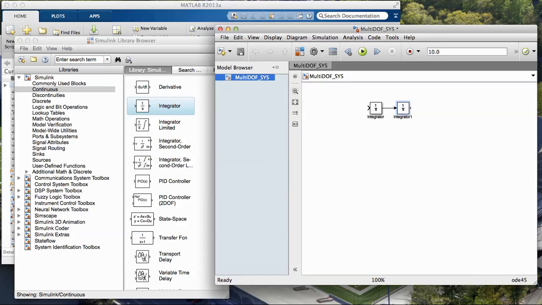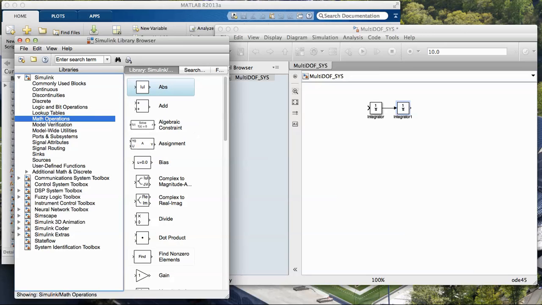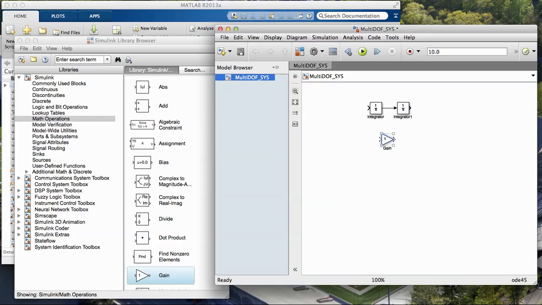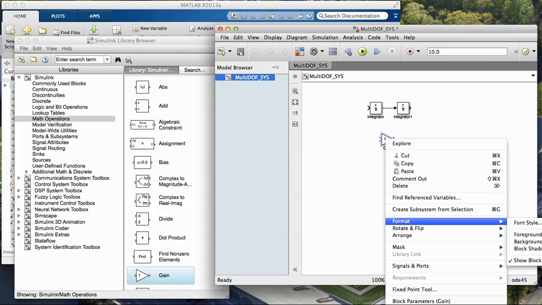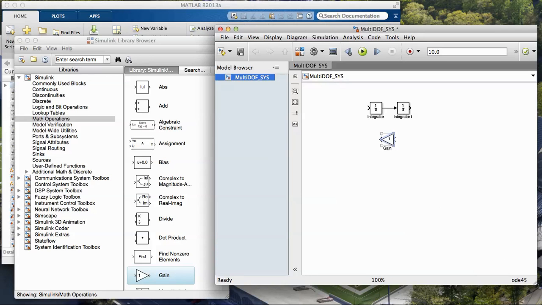And let's go ahead and get some math operators here. Let's get a gains. And we're going to need to flip this. And we're actually going to need 4 of these. Okay. So there's 1 and 2. So there's gain. We'll make these the extra ones. Here we go. Okay, so let's make this our